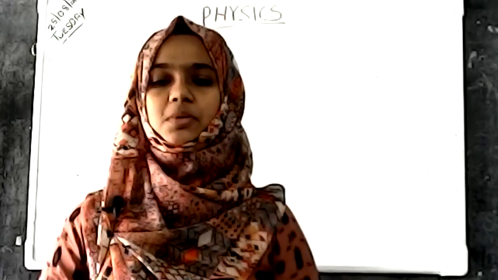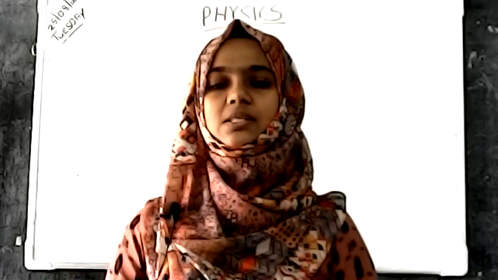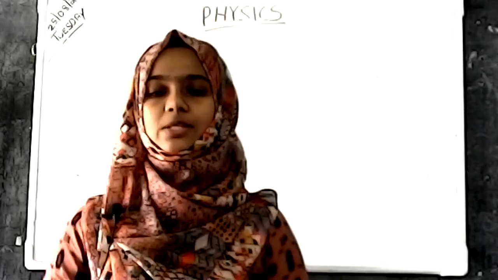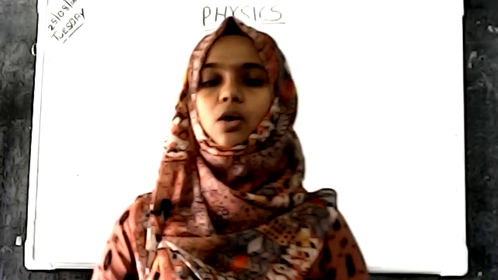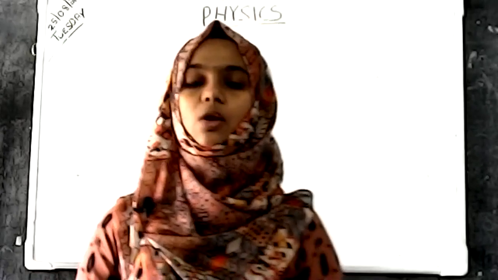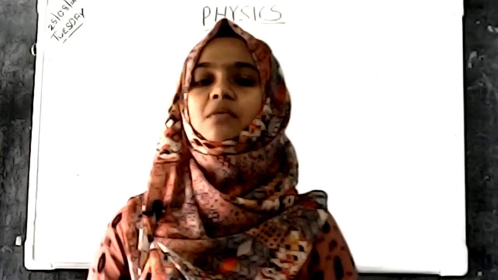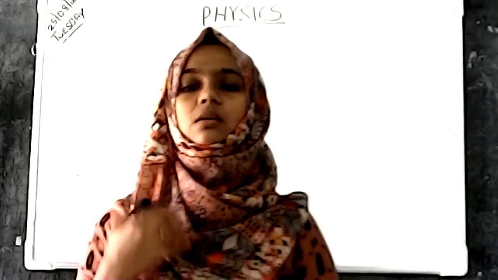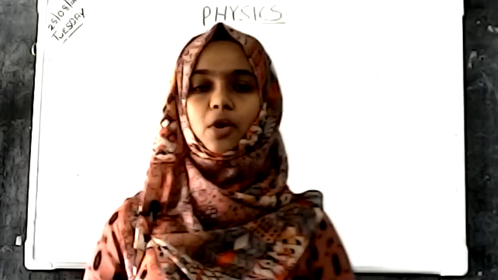Today we have to discuss the arrangement of resistors. In the previous class we discussed Joule's law and some problems based on Joule's law. In that class we did some problems on the basis of Joule's law and its equation, which is H equal to I squared R T. We completed a table and did two other problems.